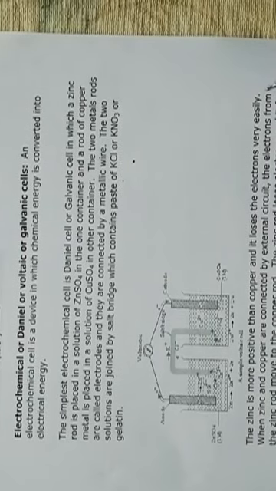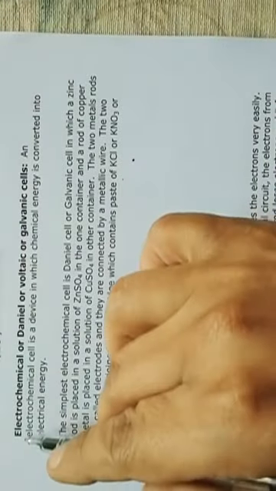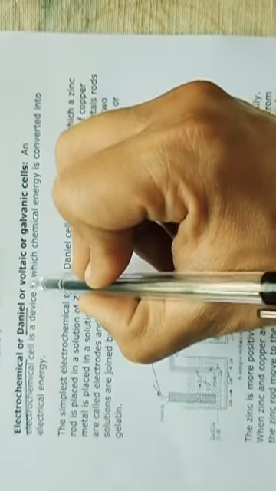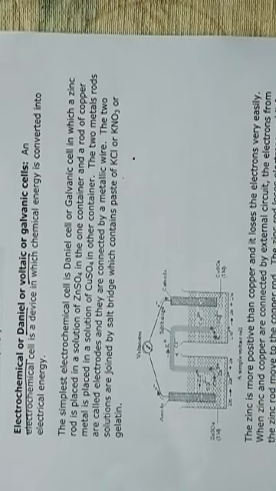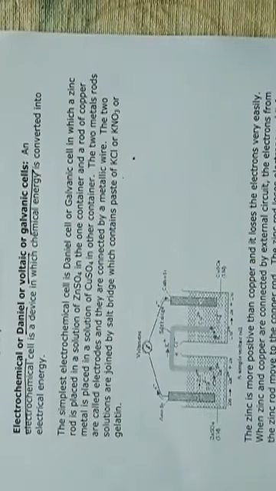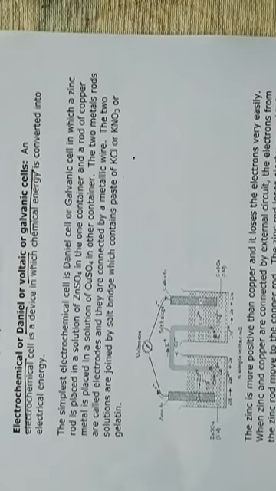Good morning students. Today we'll discuss the electrochemical cell, or Daniell cell, or voltaic cell. Electrochemical, Daniell, voltaic as well as galvanic cell. These are the different names for the same cell. And we have done this cell in the +1 class also in the redox chapter, because this cell is based on the redox reaction. So first we'll see what this cell is and how it works.